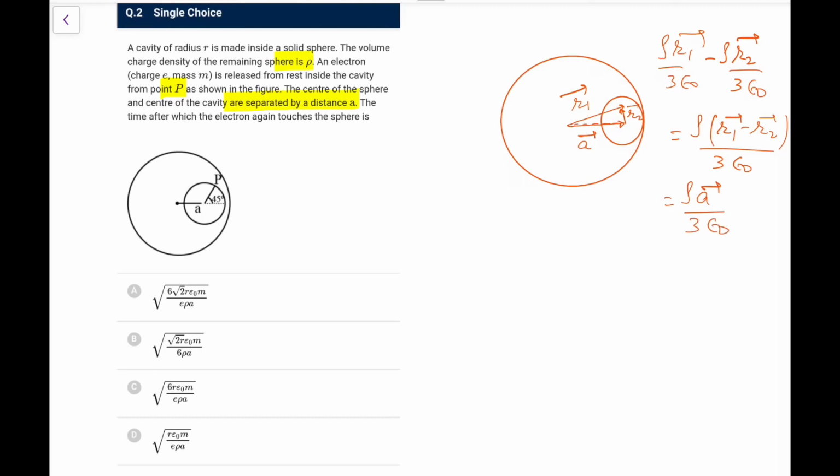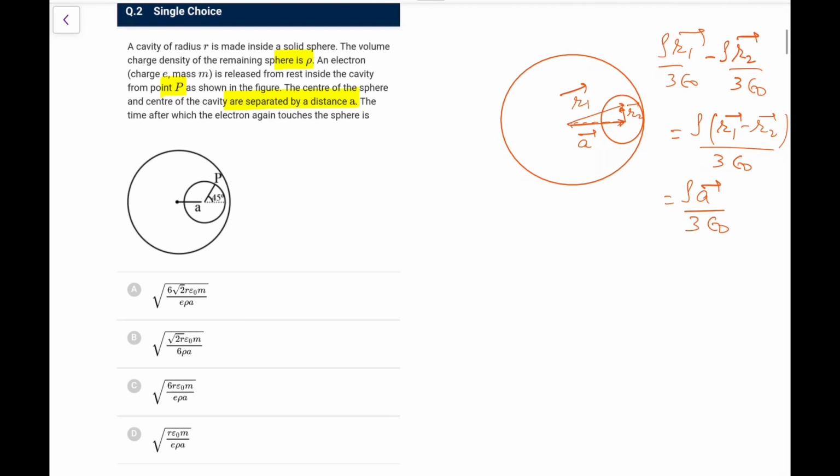Now because it is an electron, the field is directed here, so the electron will feel a force opposite to it. While it goes from P, if it goes horizontally, it will meet again, let's say, at this point Q. From common sense, this angle is 45. This will again be R, so this will become an isosceles triangle, so this will also be 45 and this will be 90. So this length PQ would be under root R square plus R square, that would be root 2 R. So it has to travel root 2 R distance.